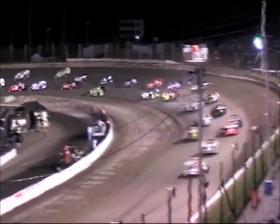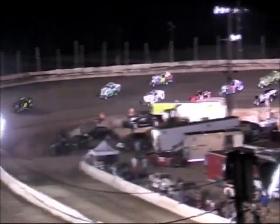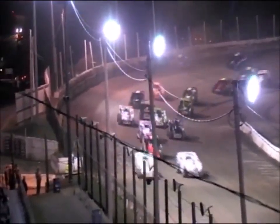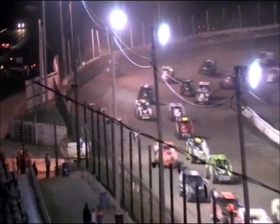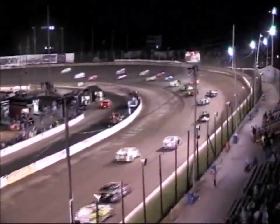Up at turn number 1, it's going to be the 20 junior of Matt Pappa leading the way off of turn number 2. Down the back straightaway, up into turn 3, he'll lead the way. The 53 of Whitey Slavin riding in the runner-up position. As they come around here off of turn 4, looking to put lap number 1 in the book. Couple of cars up on the high side of the speedway. Contact with the outside retaining wall, but looks like